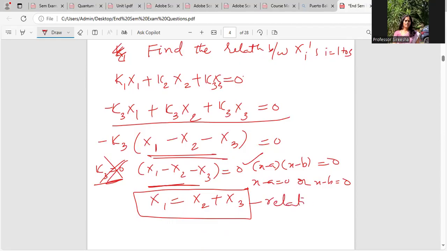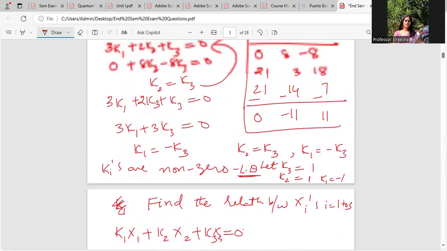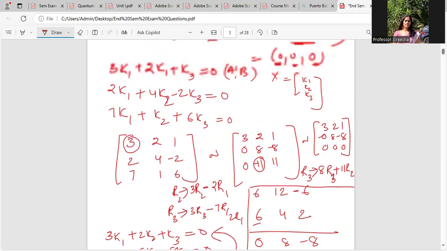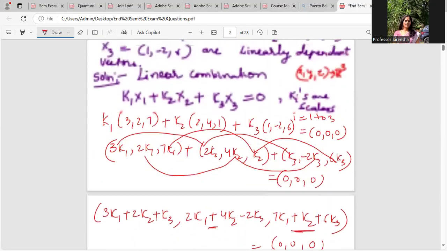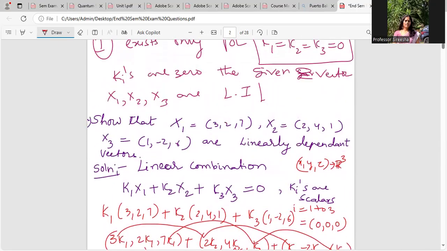So the vectors are dependent. That is clear from the linear combination method of solving. Now, how they are related is what? If I add x2 and x3, I'll be getting x1. That's what you can check. Please, let's cross check it using the vectors. Then you will understand whether whatever I'm talking is sensible or not. Now, x2 plus x3 would be what, guys? Corresponding coefficients I will add. 2 plus 1 is 3.